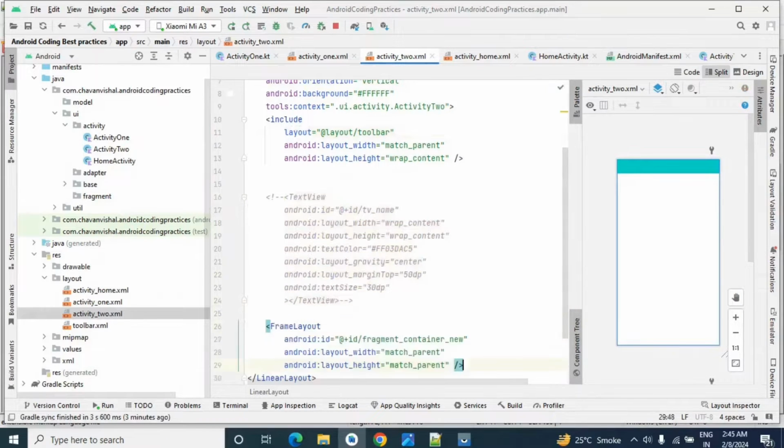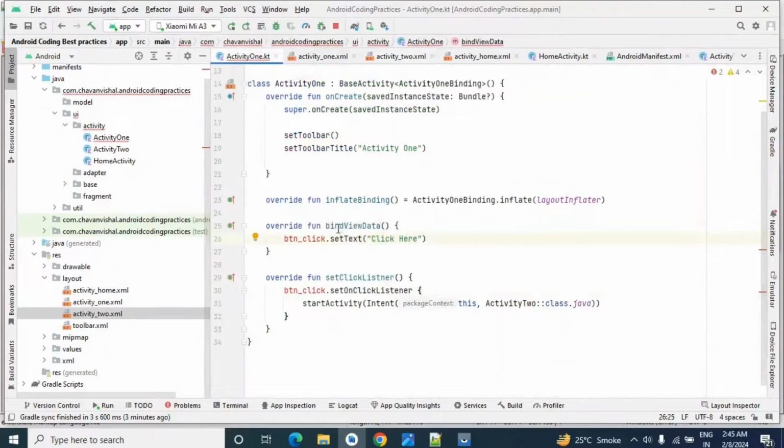So I just comment out this and I'll add this frame layout also in activity 2. Okay, so in activity 1 and activity 2 XML I have added frame layout for my fragment. Okay, now in activity 1 KT file,